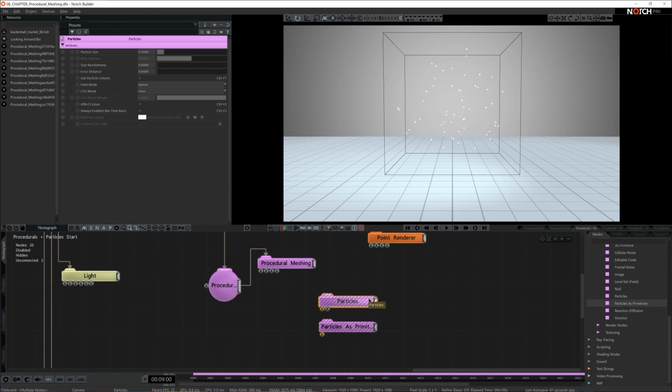Particles node is best fit for vast numbers. When you have a simulation that runs with several thousand or hundreds of thousands of particles, this is probably the best choice. Particles as primitives has more options and it's a little bit more complex. So when you're aiming for more refined, more elaborate designs, this is probably a better choice. I'm going to use them both and you'll have an option to see how they behave and what the